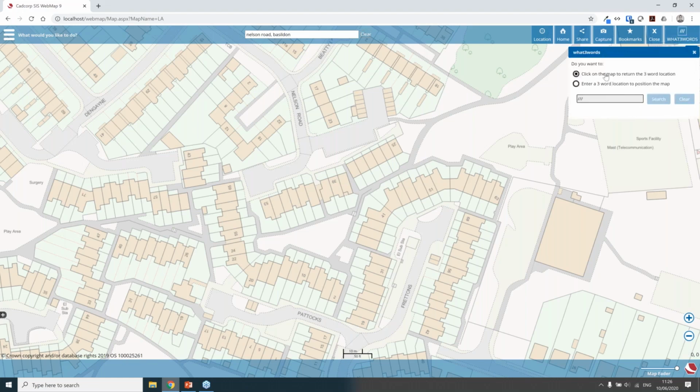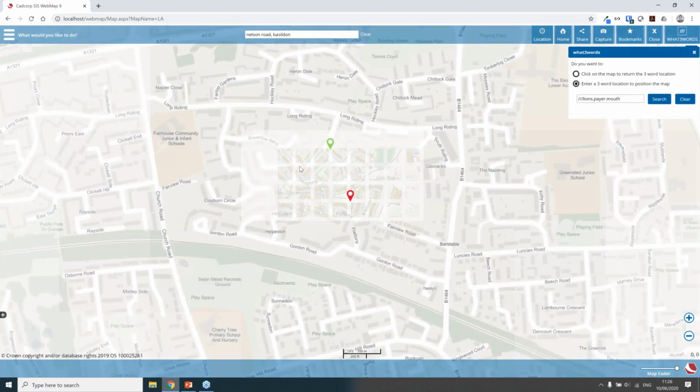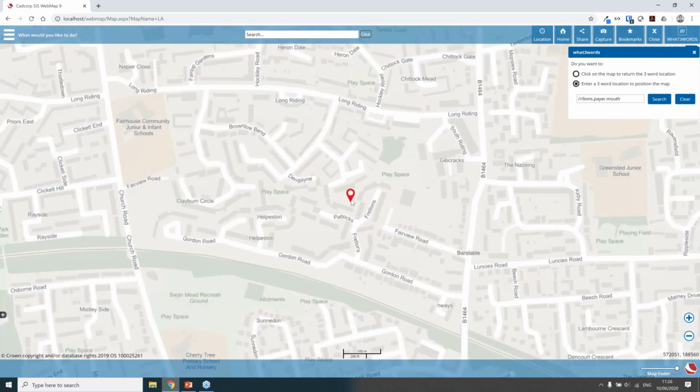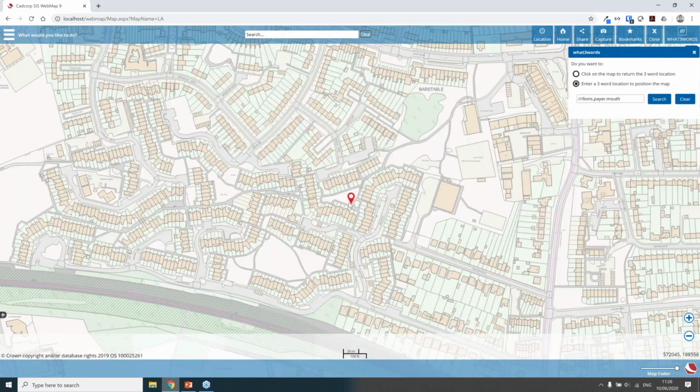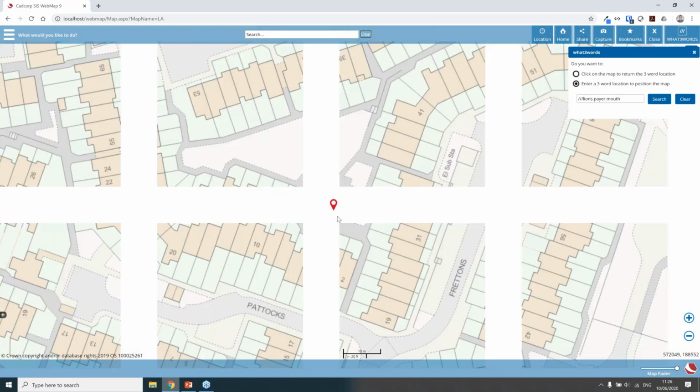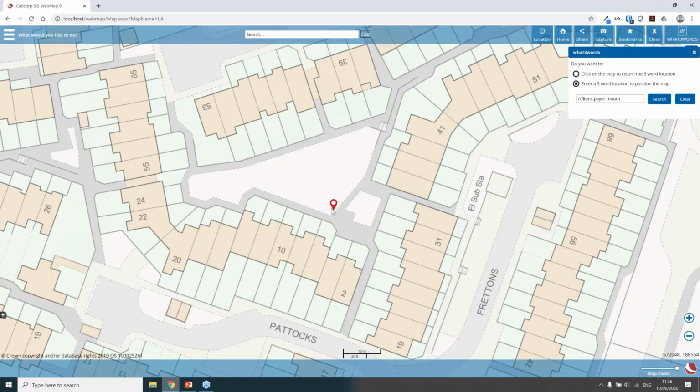So if I say I want to click on what3words and I want to enter our location, if I type in lions.payer.mouth, and what you'll see as well, actually, I've got to mention first time, is that it's auto suggestion features this time. So as we're doing it, we can click on any of those that come up, but this is the one that I'm after. If I type in search, what you can see is it's located to within 3 meters of where that fly tipping is,